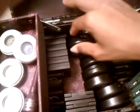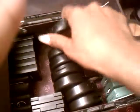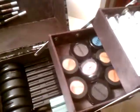These are my mineralized blushes from MAC. These do not fit in a MAC palette well, because if you can, let me try to open it with one hand. Let's see here. If you can see, it's rounded. You see that? I don't know if my camera phone's on, but it's rounded, so it doesn't sit flat and flush in the palette properly. So, I don't know, maybe somewhere on eBay I can find a palette that can fit those mineralized blushes. Those are really good. Especially if you just want a shimmer of color on your cheeks, those are really good. And I think that concludes